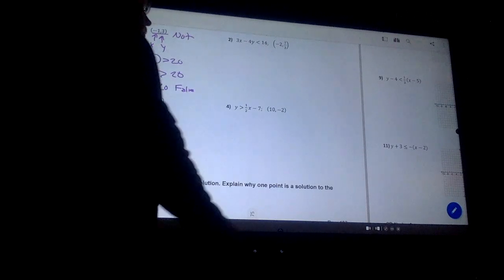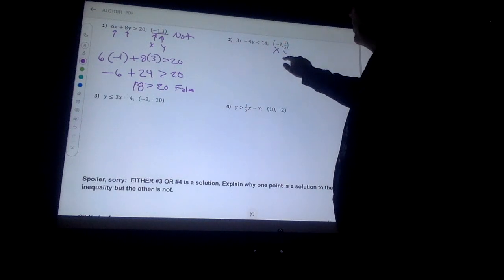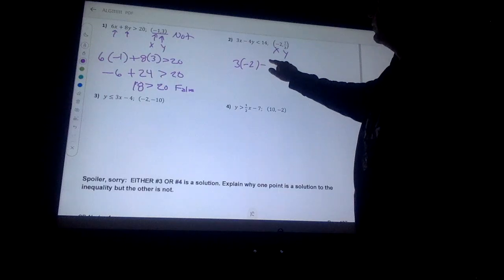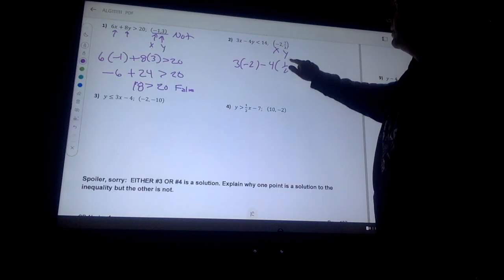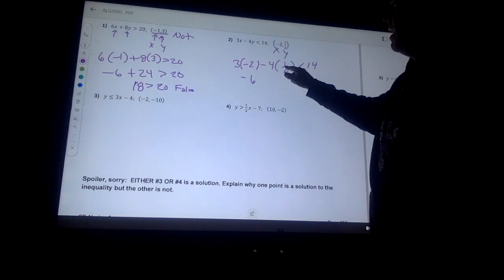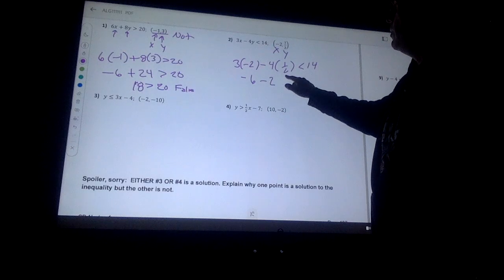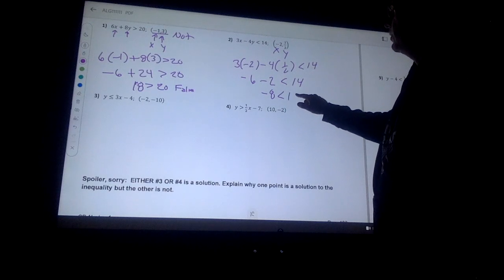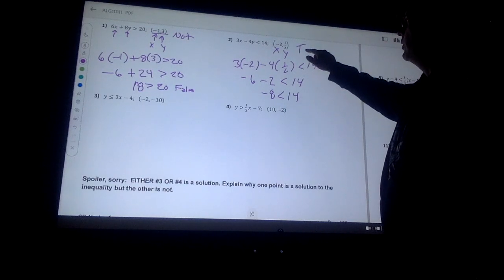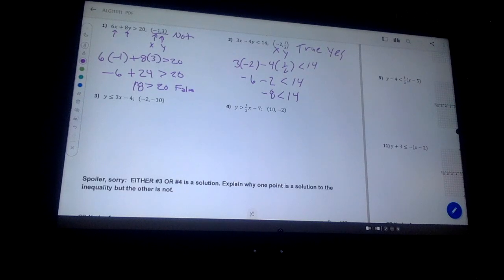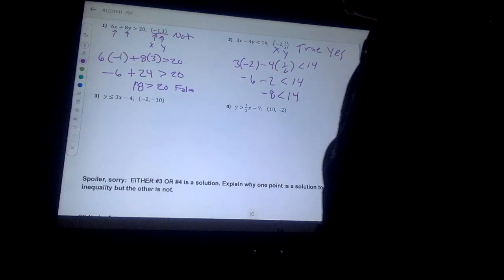All right, problem number 2, we're going to take a look. This is an x, this is a y value. We're going to replace our x and y value. So 3 times negative 2 minus 4 times half is less than 14. That's negative 6. Half of negative 4 is negative 2. Is negative 8 less than 14? Sure is. This is true. This is a solution. All right, number 3, we're going to plug the x and y value in to see